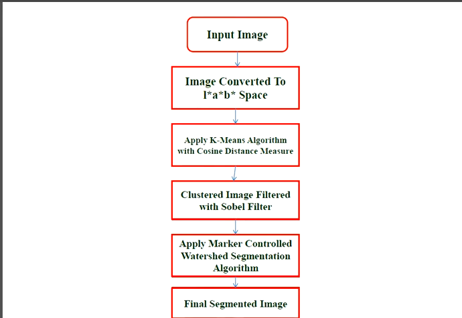So let's start. I hope you have seen this diagram. This is the flowchart of this approach. From it, it is very clear that first you will input the image. Do remember, first try to note down the steps. Step one is the input image, that is your color image, and that will be in RGB color space. Then second step, the image will be converted to L star, A star, B star color space.